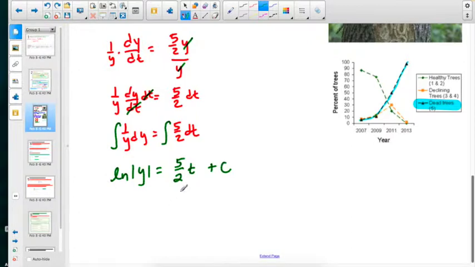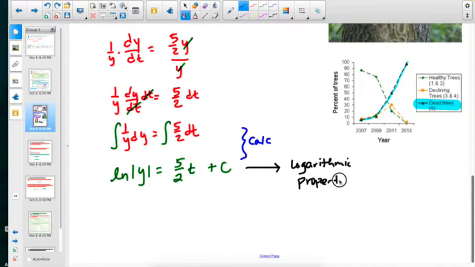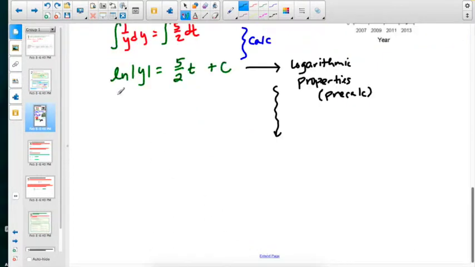And so we've got to solve for y, and we've done the calculus here. Really, the calculus is right here. At this point, we are looking at all logarithmic properties from this point forward that you learned in pre-calc. So we're going to take some time here to do all of these logarithmic properties. In order to solve for y, we have to exponentiate both sides. And when you exponentiate a natural log,